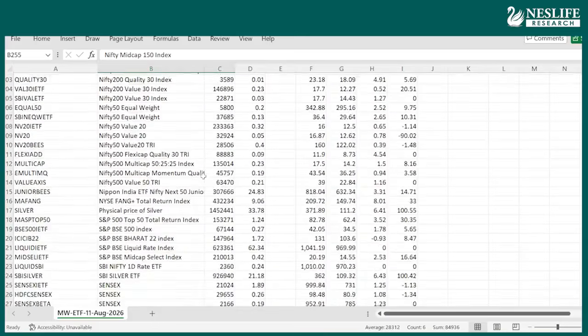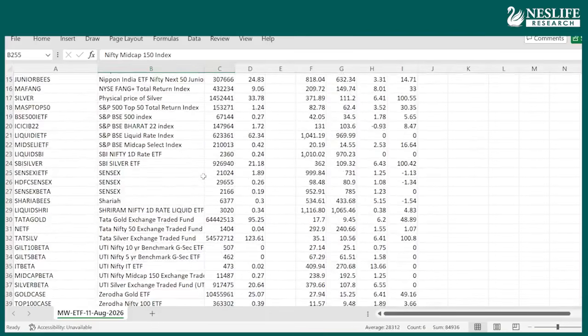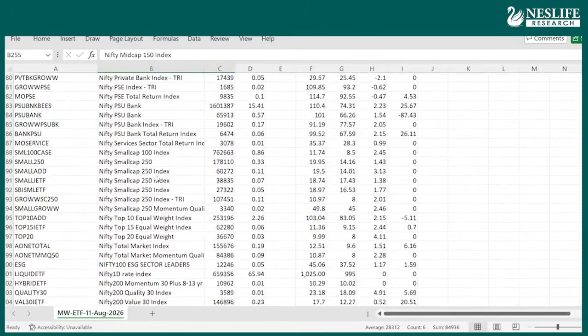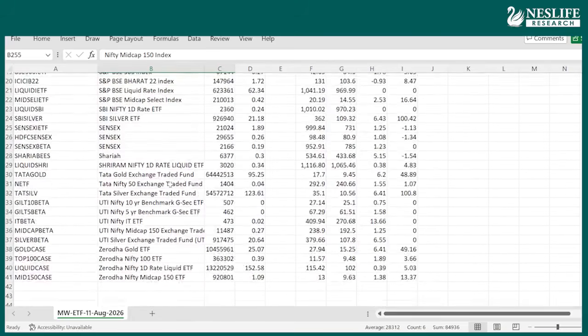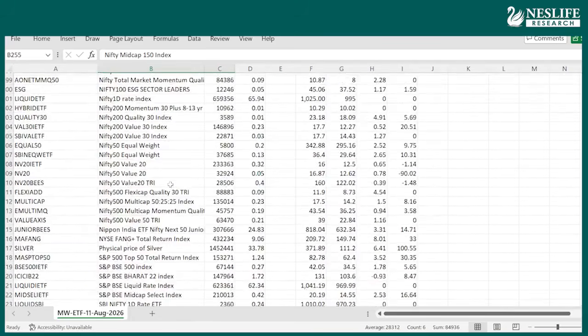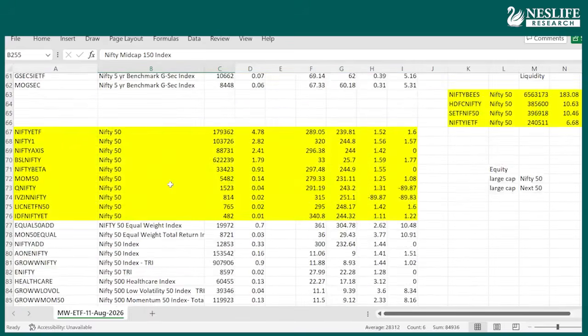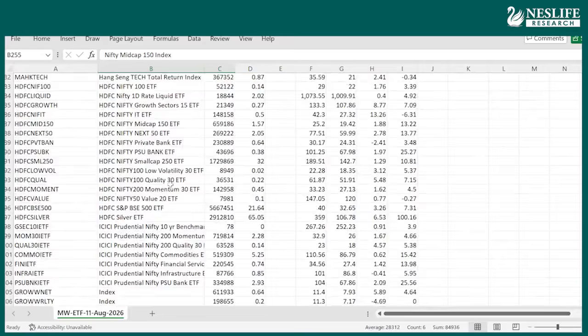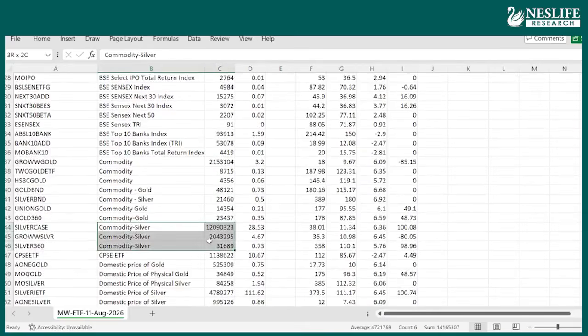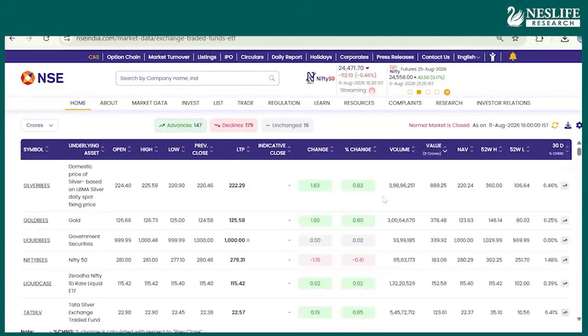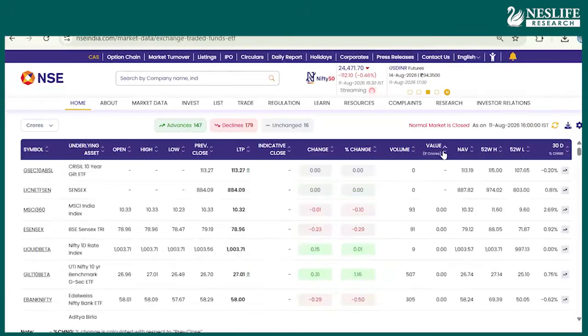Small cap is also there, but small cap liquidity may not be available. In case you select, Zerodha has a gold ETF, but this is recent. One more index. Even silver is there. So this is silver. Those who are keen to invest into silver, you can find it out. From the NSE data, if you are not comfortable with Excel, you can still sort from here as well. It's not complicated, and find out which has the highest value.